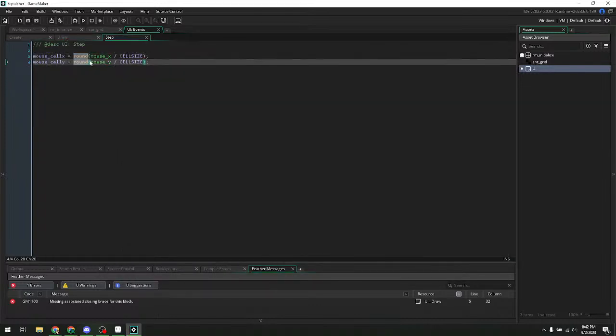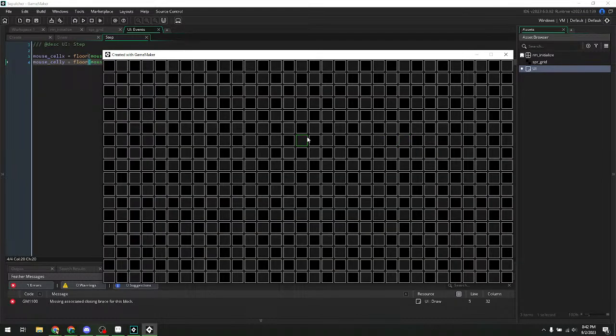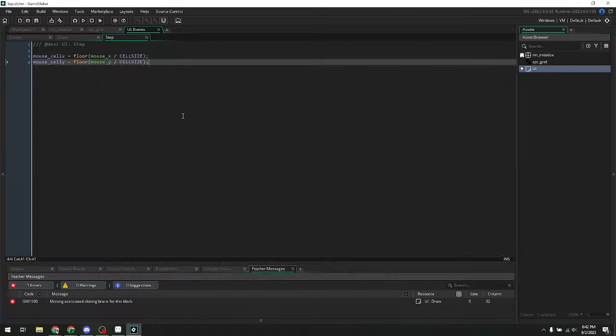This should be floor. Kind of mesmerizing. It's fine. So that highlights it. Then I just need to